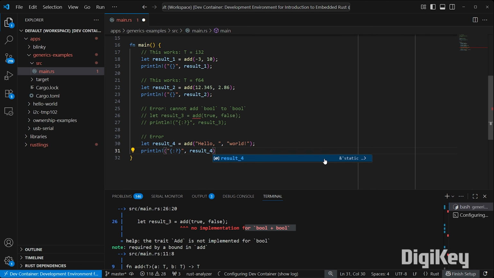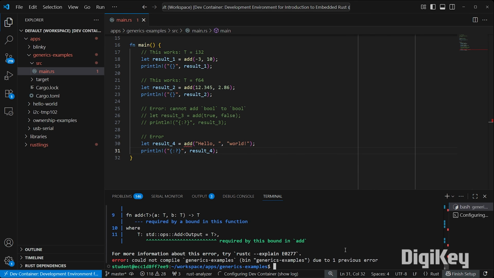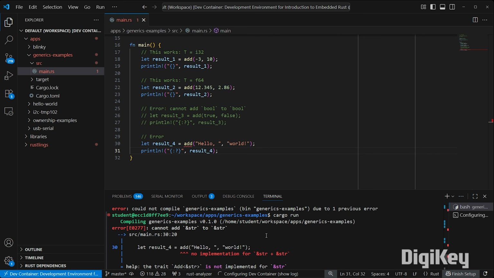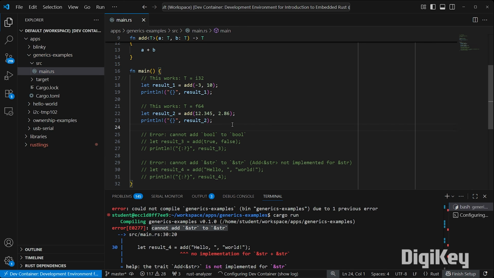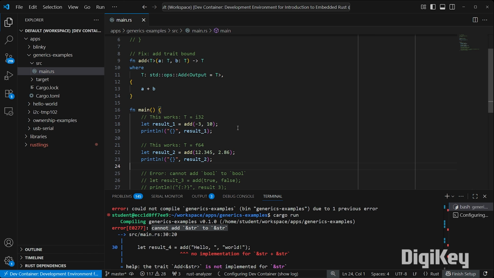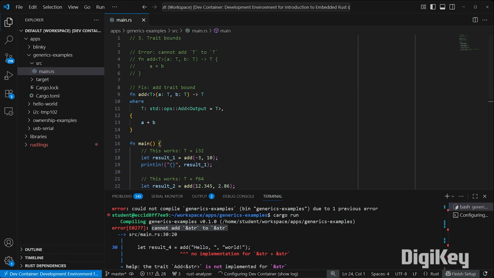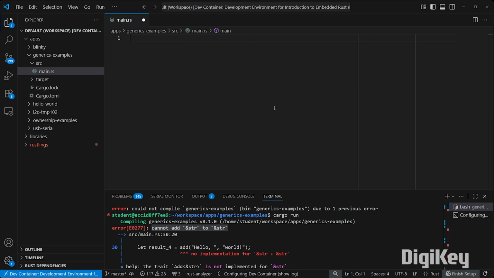Let's try it with string slices. And as I mentioned, there's no implementation for string slice plus string slice, so this does not work either. Let's make a note there, and I will comment this out. And now you have a working example for trait bounds. All right, let's move on to number 4,